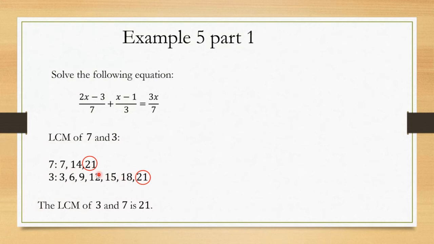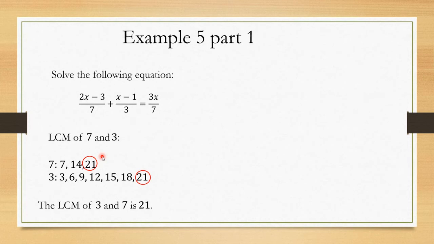Nothing earlier than 21 is a multiple of the other number. So 21 being the first number that appears in both lists, the multiples of 7 and multiples of 3, 21 is the least common multiple